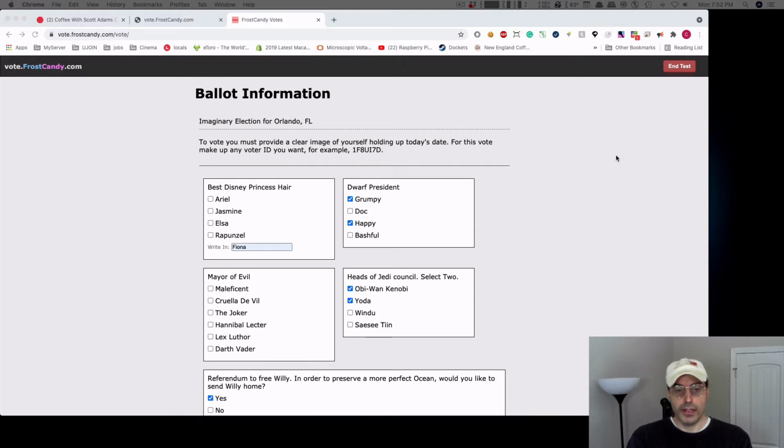Okay, the next part is the ballot information area where you actually place your vote. The administrator for the vote who set it up can tell you some more information, whatever they want to do here. They have the ballot boxes with the titles and the hopefuls. There is the ability to create a write-in field, so I can write in whatever I want. There is the ability for the administrator to create election boxes with multiple selections, and if you make a selection